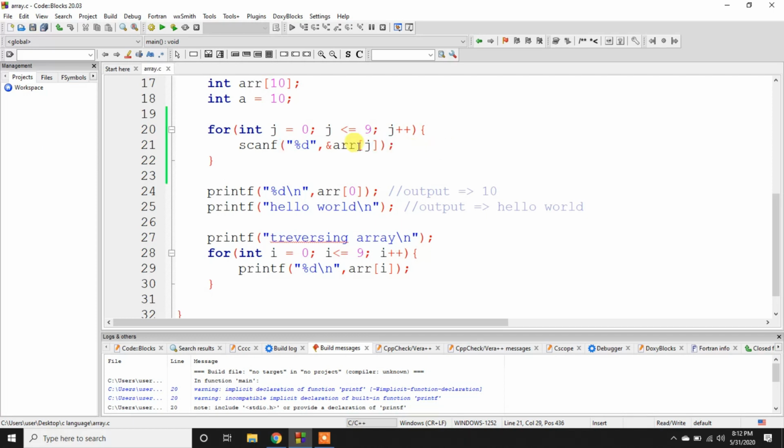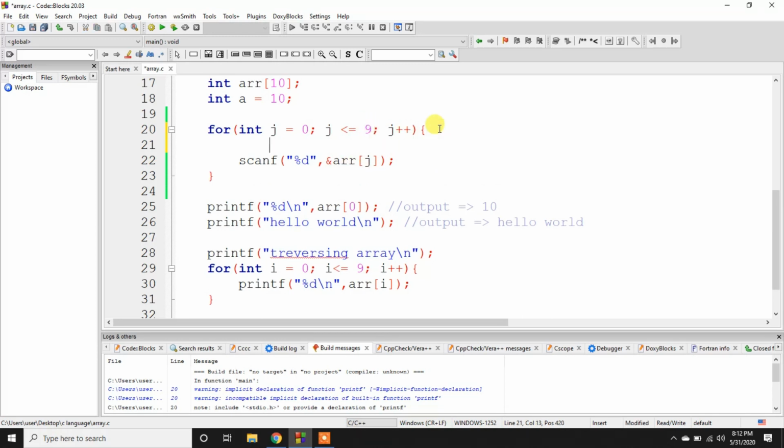Here what we have done is start at 0 and end at 9. We also need to create one more statement here, that says enter a value. So this is our for loop complete. Let us build and run this and check.